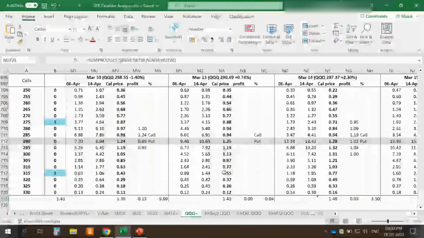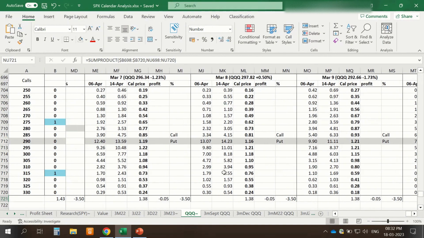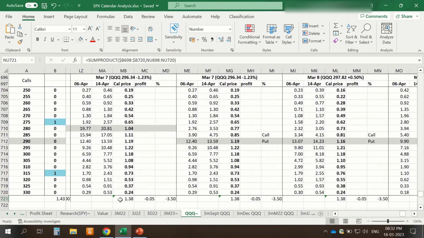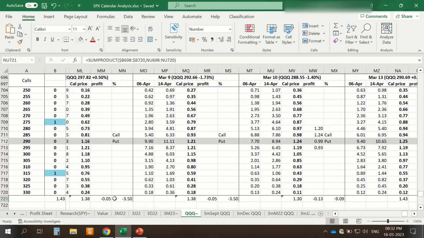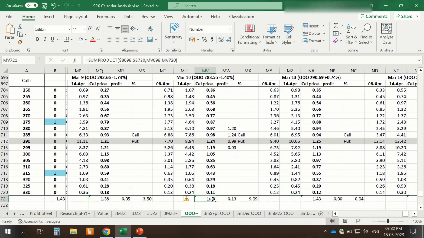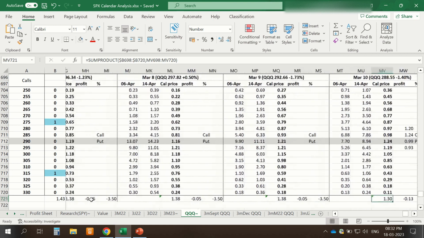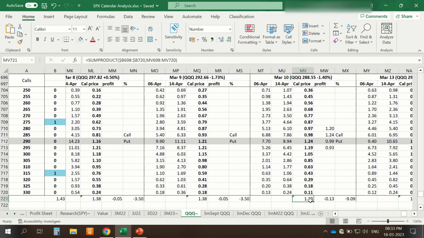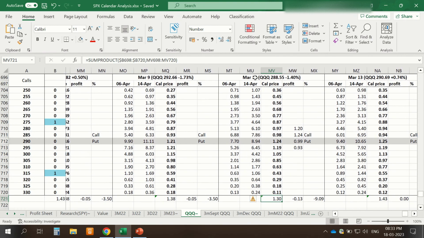Let me show you how I do my thing. Here you can see 1.38, 1.38, 1.38, 1.38. But it will toggle around sometimes, then I will feel okay, this has saturated. Like here you can see 1.38, then 1.30, then 1.43. I will see for the last 2 days it was going at 1.38. I don't know why exactly it is 1.38, but it will toggle. Let's say 1.38, 1.49, 1.39, 1.40, and suddenly I'll see 1.30. Oh, today it is very cheap. So on March 10th, I will enter the trade because it is very cheap, and I will do the recalculation